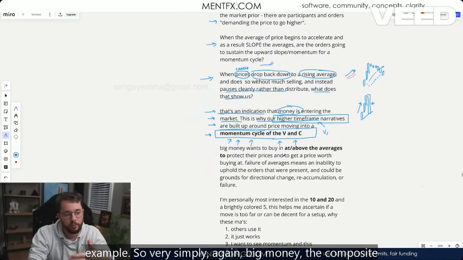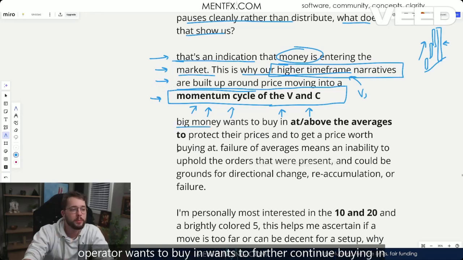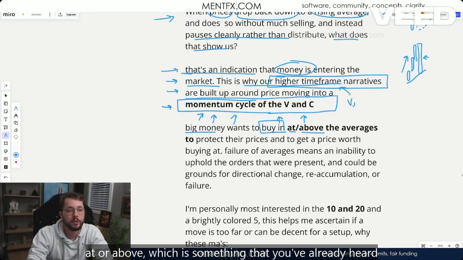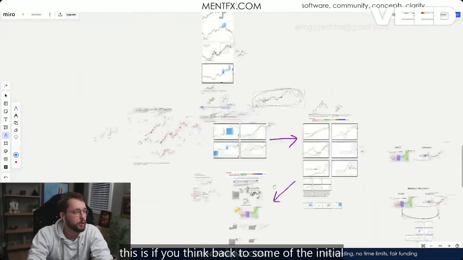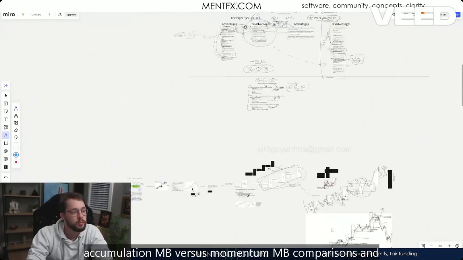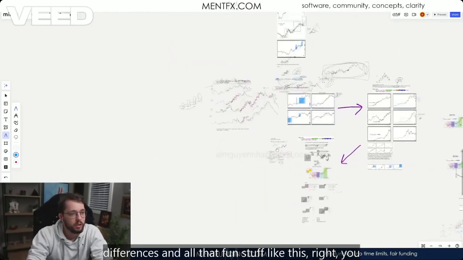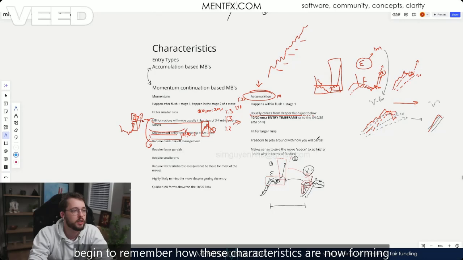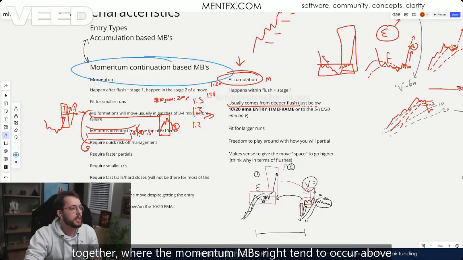Now we can continue with this and look at more examples. Very simply, again, big money, the composite operator, wants to further continue buying in at or above the averages, which is something you've already heard before. The instant, easy way to think about this is to think back to some of the initial accumulation MB versus momentum MB comparisons and differences. You begin to remember how these characteristics are now forming together, where the momentum MBs tend to occur